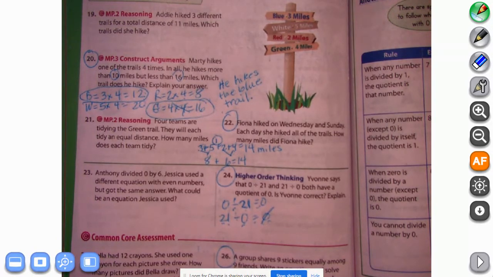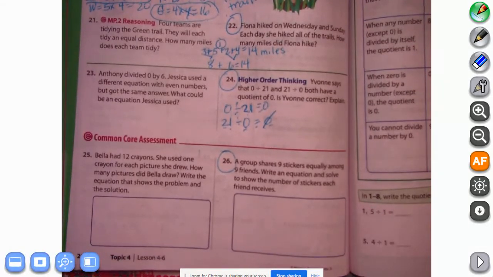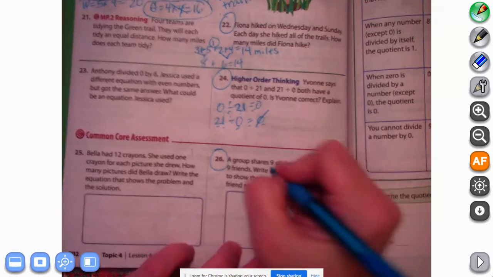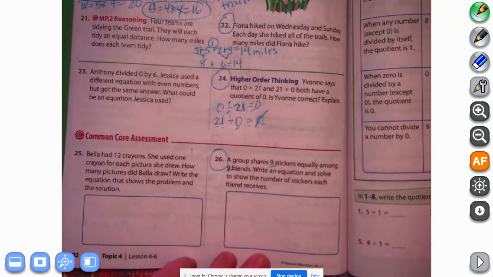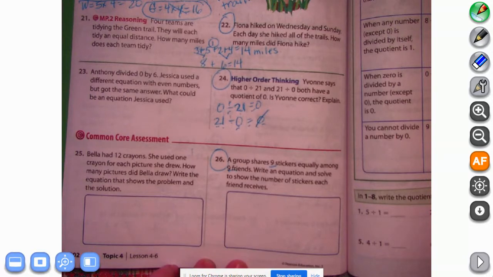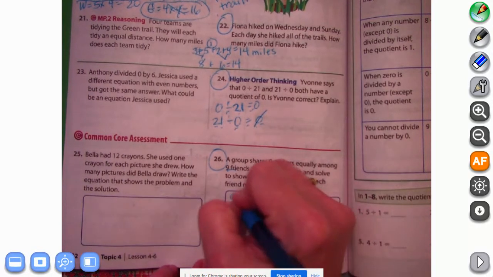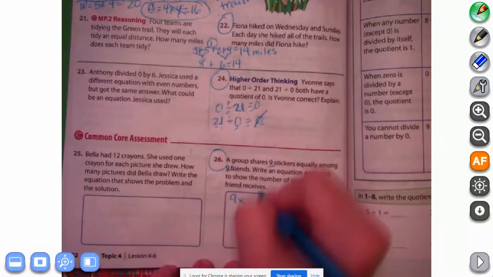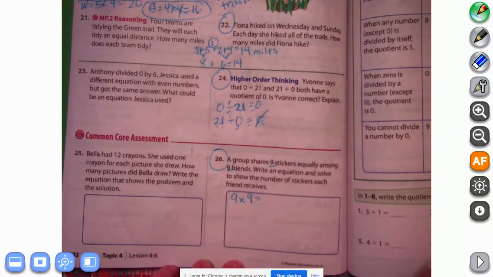Okay, make sure you get all of that written down. And number 26, a group shares 9 stickers equally among 9 friends. 9 stickers, 9 friends. Write an equation and solve to show the number of stickers each friend receives. So we know how to do this. 9 friends times a group of 9 stickers. If we do our 9s trick,